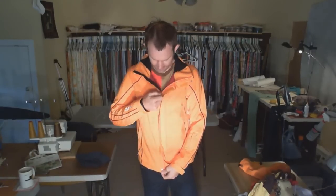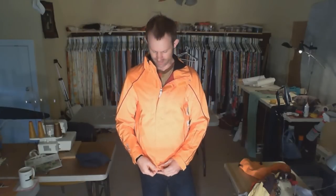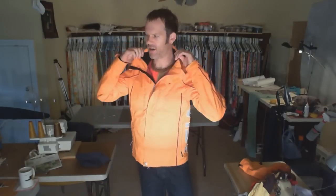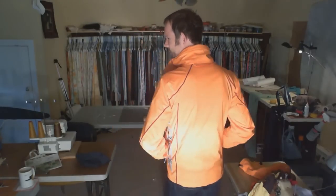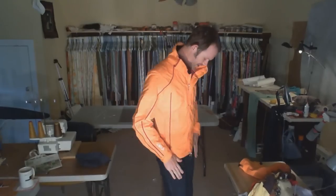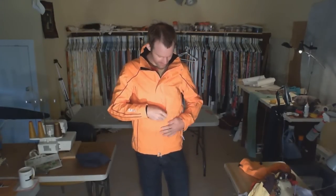This is a high-end Italian ski wear, winter wear designer. And this jacket is just awesome in the amount of details that's in it. I paid $80, which is a lot to pay for a jacket at TJ Maxx, but really considering how much work went into this jacket and the slim fit, and just, there's little pockets everywhere, all the seams are sealed,